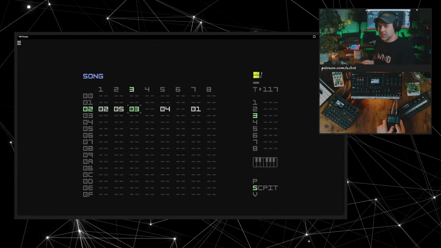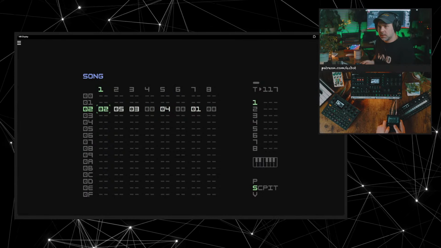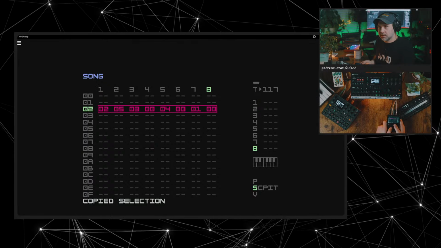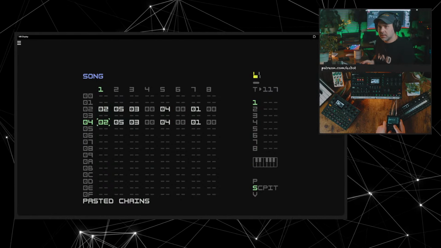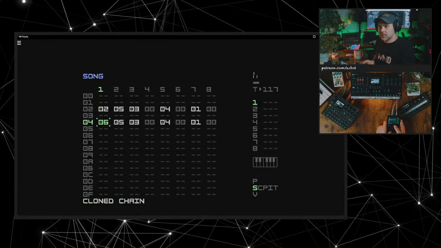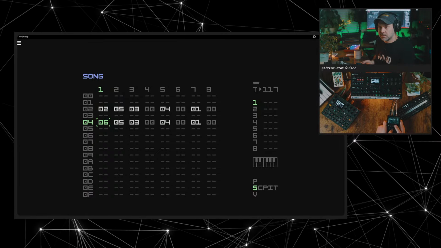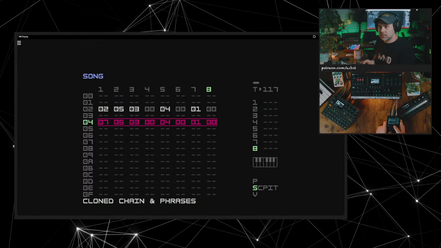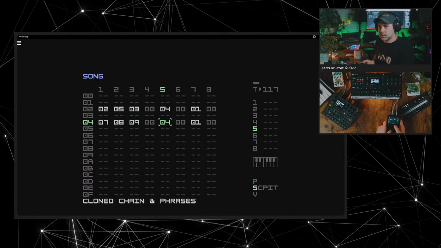Okay, I kind of want to hear what it would sound like. Let's put the 0 in here for now. I want to hear what it would sound like if we copied selection. If we took this and we go here and we clone. Do I want to clone or deep clone? Let's do it again. We'll deep clone. Shouldn't be too much